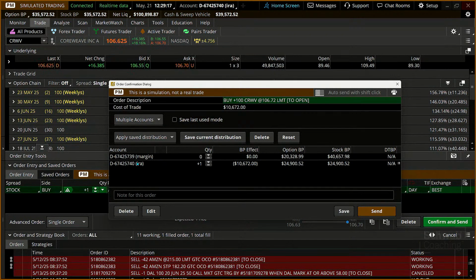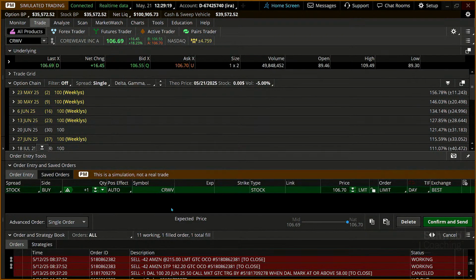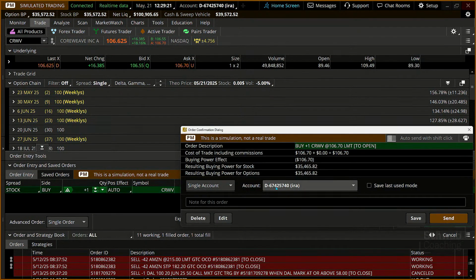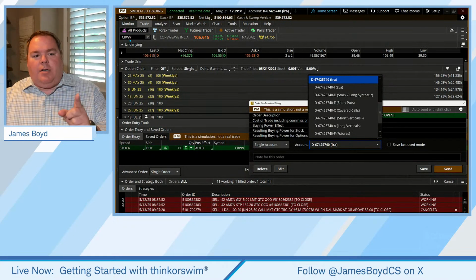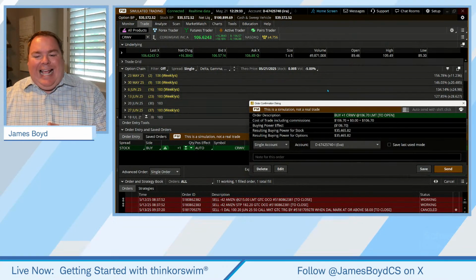So we're going to put in the IRA, and if I edit that order, you're now going to notice we're going to put that stock position right there, right in Eva. So when this buys, it's going to put this CRWV right in the Eva folder.